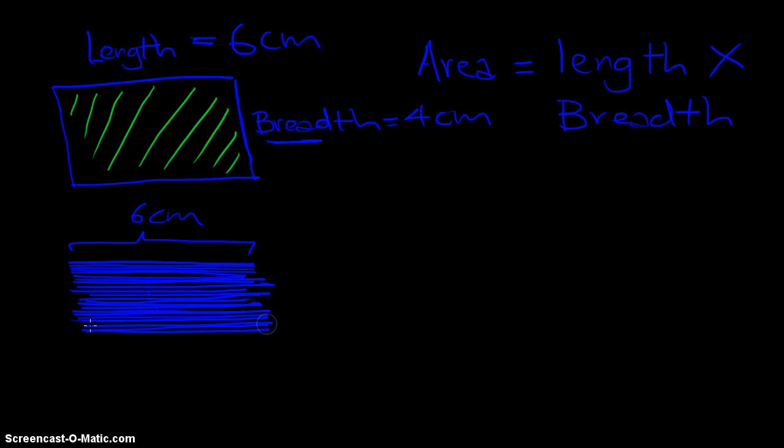So how much stuff do I add, you ask? I add till I have 4 centimeters of stuff. I think you know where I'm getting at. I add so many lengths, 4 cm worth of lengths, 4 cm thick of length. That is how I get my area. So the area, which is length multiplied by the breadth, gives 6 multiplied by 4, which is 24